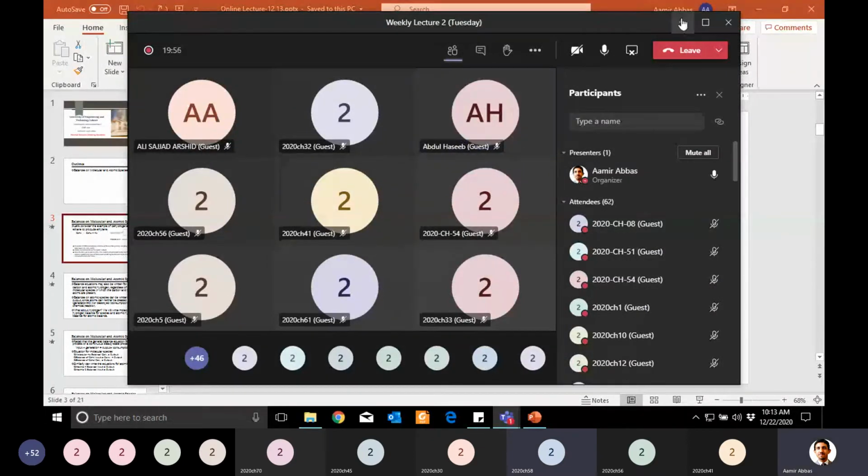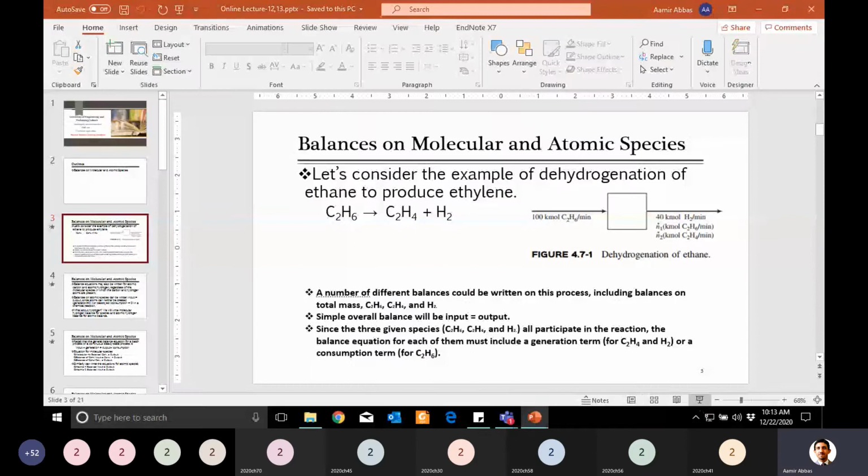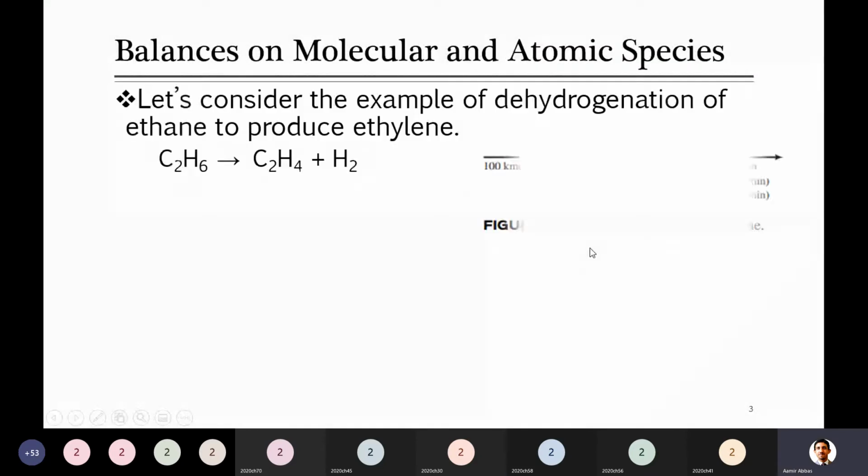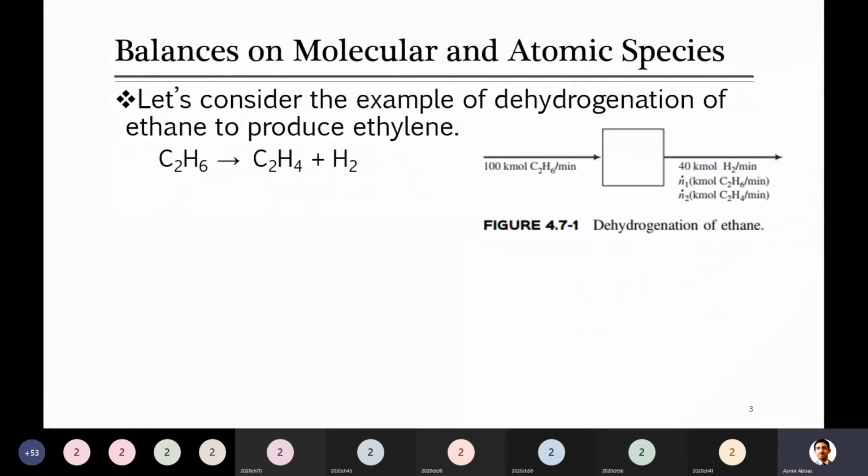Okay, fine. Then here you can write the species balance. For example, as you mentioned, for ethane, for hydrogen, for ethylene, and you can solve. Somehow there will be the equations. Then later you can look. Although you don't know how to write those at this stage, just as per your previous knowledge, somehow you can write the equations of species.